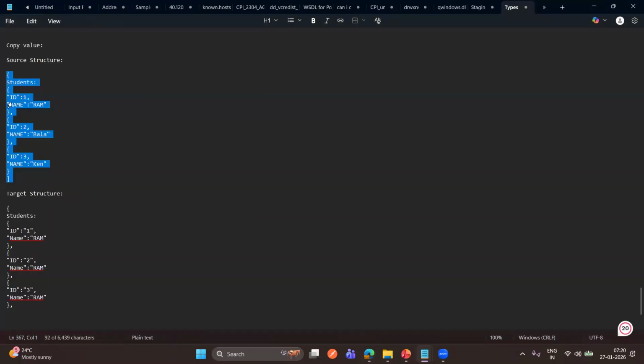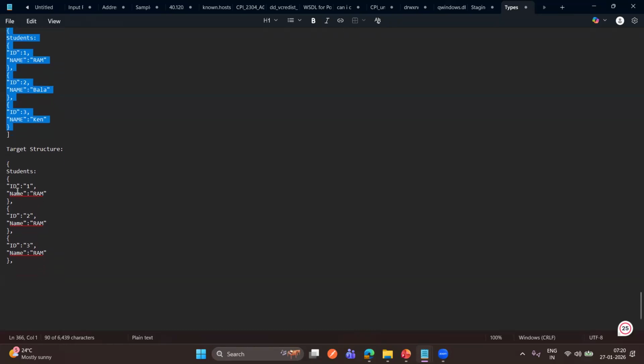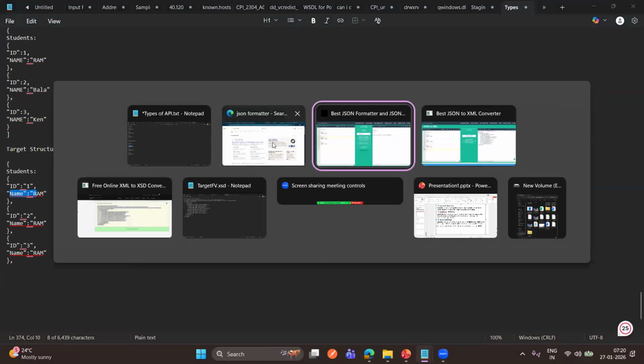Okay, let me explain quickly. Assume that this is your source structure. You can see it contains three records: ID1 as Ram, ID2 as Bala, ID3 as name. This is the target structure. You can see ID1 Ram, and the name is repeating, right? So this copy function,